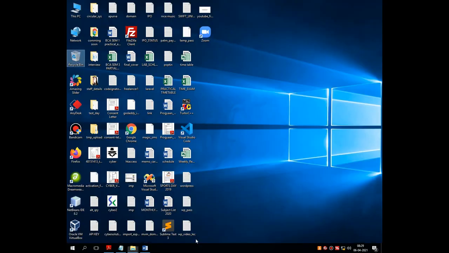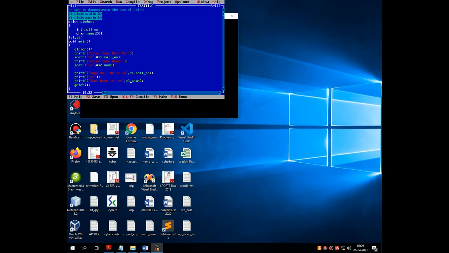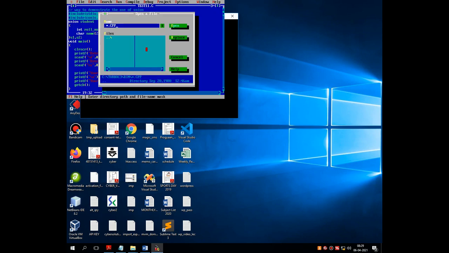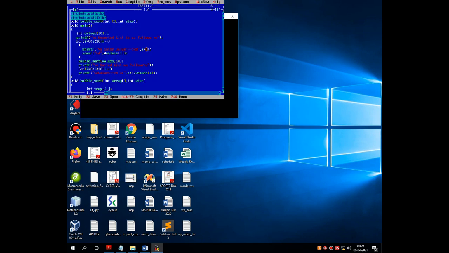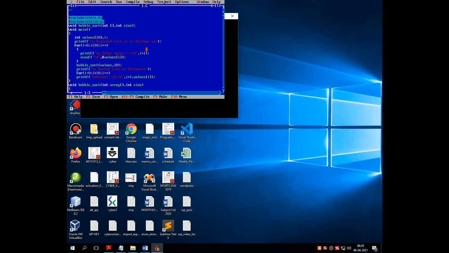So what I am doing is I am opening C drive, Turbo C editor, and I am opening the same file. So what will be the definition?